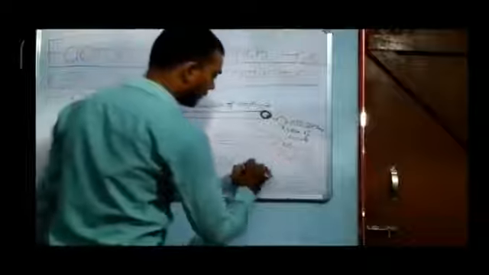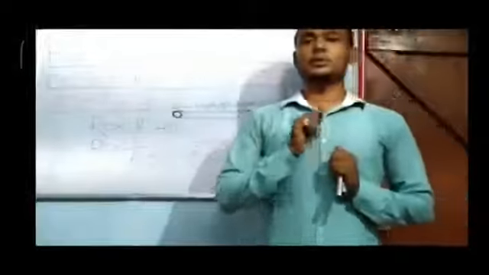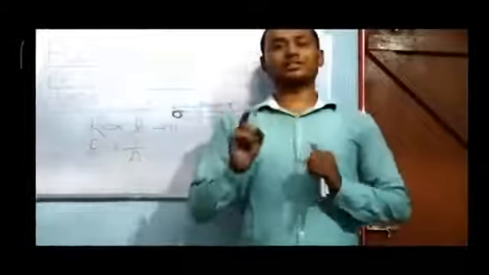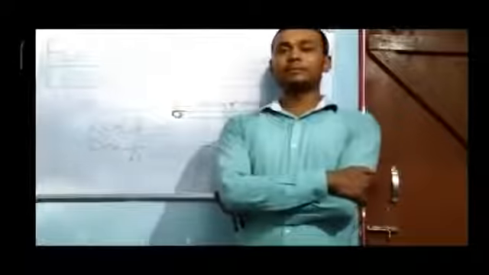When we combine these two equations, we get resistance is directly proportional to L upon A. So this is our required value, which is R is directly proportional to length of wire upon cross section area of a wire. Okay, so this is the value we get. R is directly proportional to L upon A.